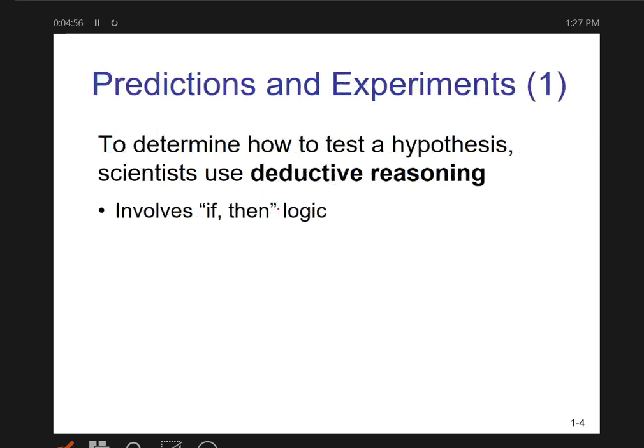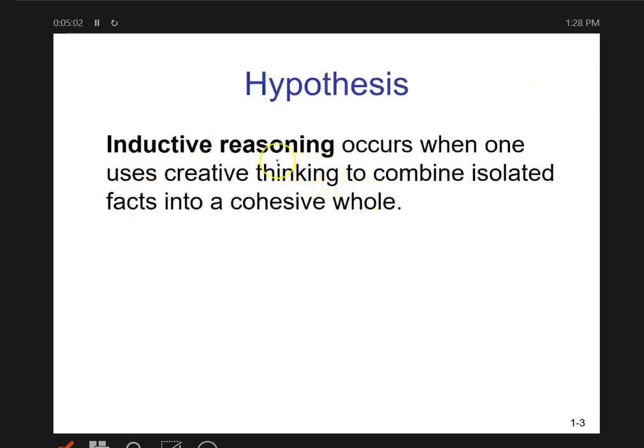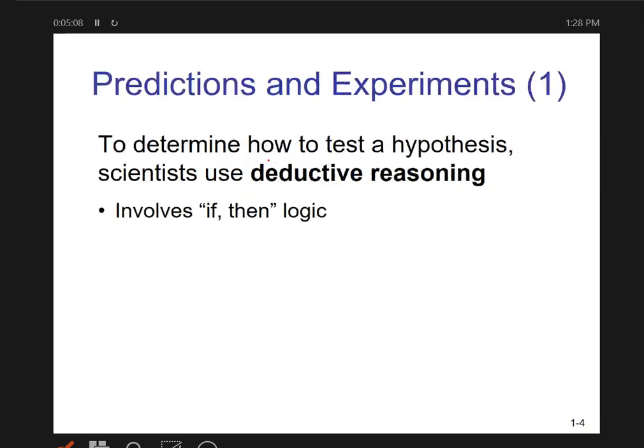All right. Now, to test our hypothesis, of course, now we have to do deductive reasoning. Remember, inductive reasoning is because you induce from some other work. Deductive reasoning is, once you have a hypothesis, you are going to design an experiment, and when you design that experiment, once you get the data from that, you will do deductive reasoning, right? You will use the if-then logic.